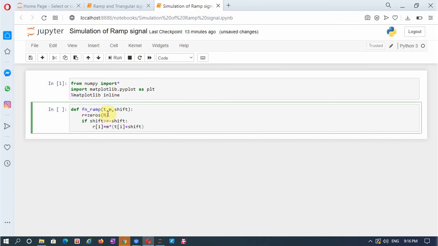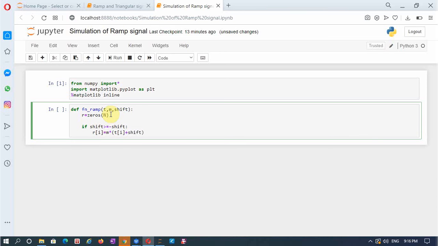See, this has to be in a loop, so I'll start the loop here. For I in the range 0 to capital N, I must perform this loop operation. Compare each value of T of I, whether it is less than the minus shift or greater than the minus shift. Whenever it is greater than the minus shift, you replace it with this expression with the appropriate value of M and shift, which will be passed on to this definition. So once this is over, return